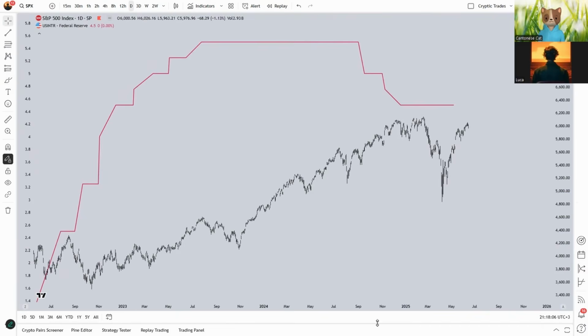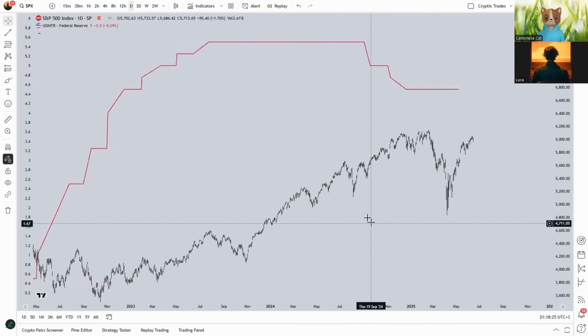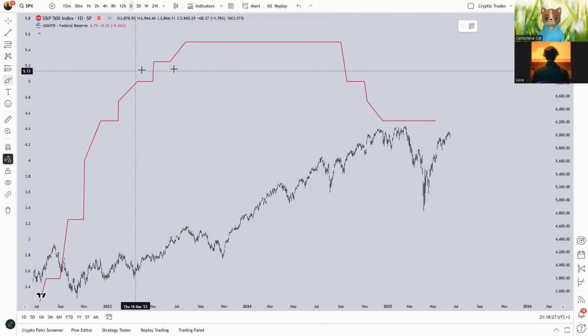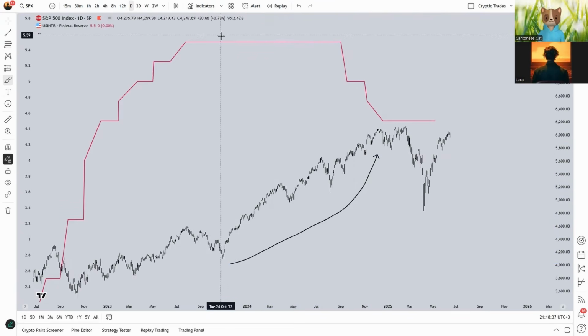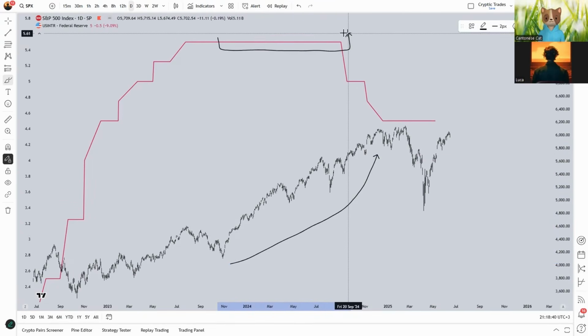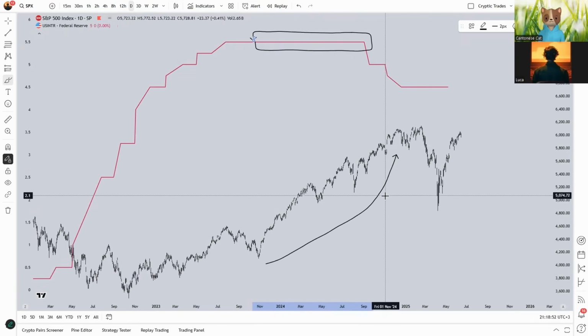So another interesting thing is how interest rates have impacted the S&P 500 so far. Now, I believe this tells a very important story about how the risk appetite impacts the S&P 500 and the broader markets. Basically, what we've seen over the last couple of years is the S&P 500 being in this major bull market because the monetary policies were stable, interest rates were kept at the same levels, and that has led to a higher degree of confidence and a higher risk appetite from investors. Now, this leads to more investments and it also leads to higher prices.